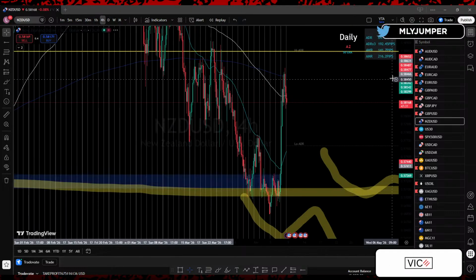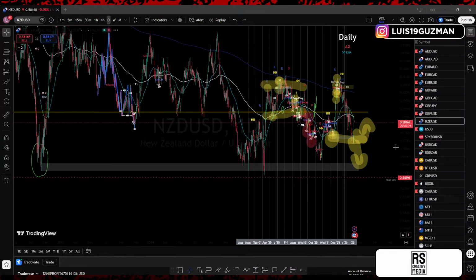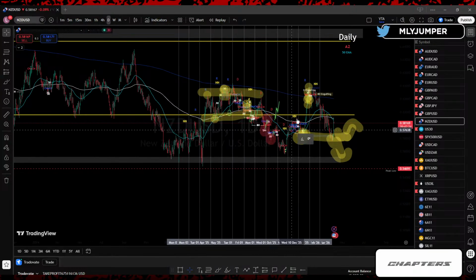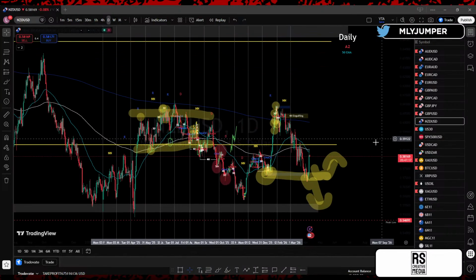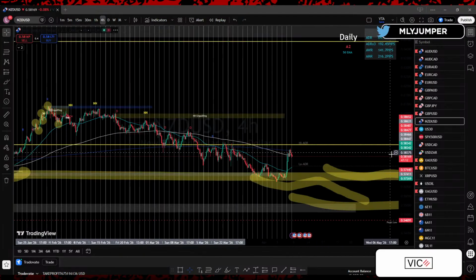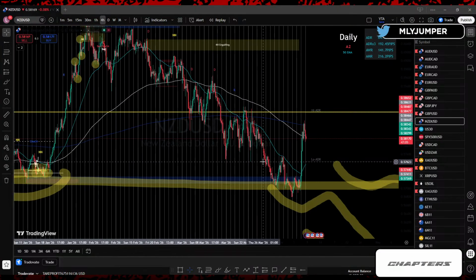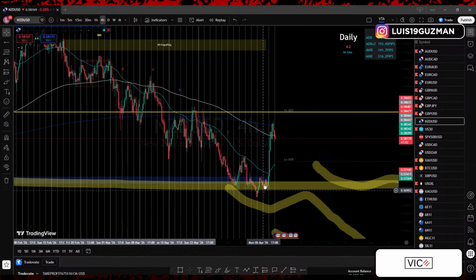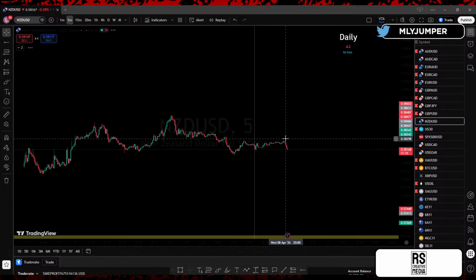Since we're in that 4 hour lower high point, right? And then on the daily, once again, daily just kind of sucks that we're back in this area here that we've been just treading since last year of May. We're just in the same area. This could be a good one. Right? We have the 50 crossing below the 200 on the daily. You have the exhaustion candle. Daily time or 4 hour time frame, we broke below the 800. We're retesting it, right? Which was also the inducement, that change of character back down to the lower low. This could be the lower high point, right? So same exact situation, right?